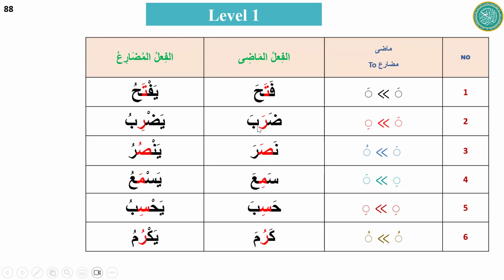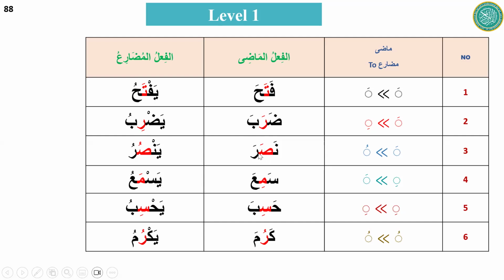Now look at the second pattern here. Same here, the second letter. What is the second letter? That is ra. And what is the haraka on that? Fatha. When the same daraba comes here, there is a change on that ra. There was fatha, zabar. When we go here and look at the same letter, you will see we have kasra.